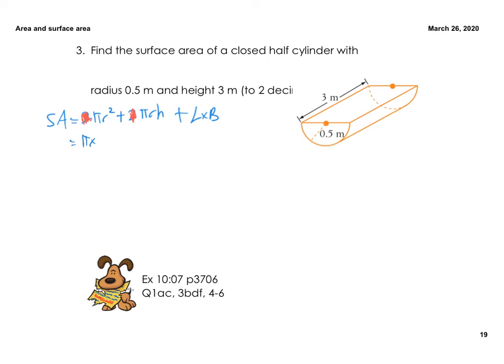pi times the radius, which is 0.5, so 0.5 squared, plus pi times 0.5 times the height of 3, plus an additional rectangle, which is 3 times the whole distance here, which is going to be 2 lots of 0.5. All right, that ends up being 8.49778, and so on. We've got 2 decimal places, so we're going to approximate it to 8.50